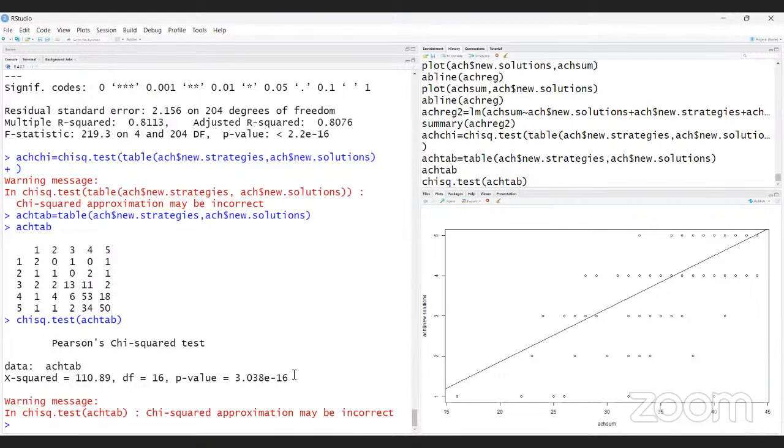That means these two sets of data are dependent with each other. They are related with each other. They are associated with each other, which we already received by this correlation statistics. Similarly, we are getting the same thing here also.